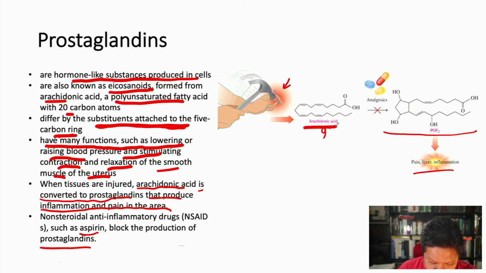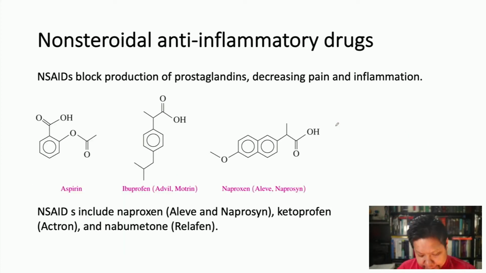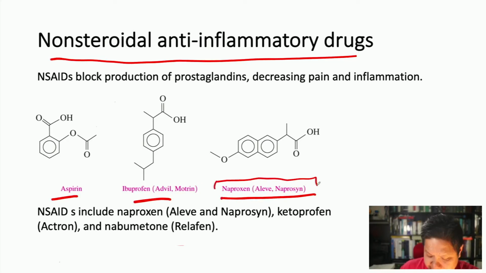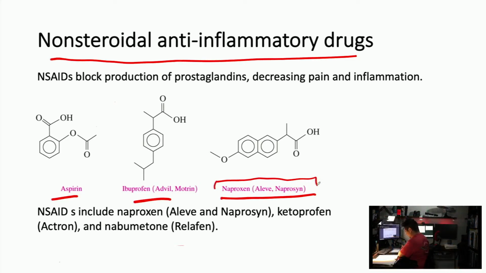So, in the same vein as prostaglandins, we'll talk about the things that can stop the production of prostaglandins, and those are the NSAIDs, the non-steroidal anti-inflammatory drugs, things like aspirin, ibuprofen, that's Advil, Motrin, and naproxen, right? My personal favorite is naproxen. I always have at least a few months supply of prescription strength naproxen in my medicine cabinet, and it definitely helps relieve the pain. Blocks those arachidonic acids from becoming